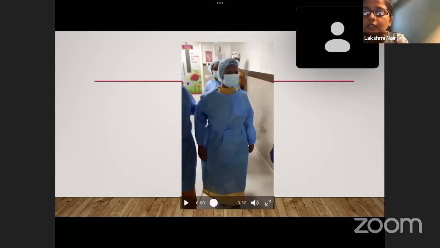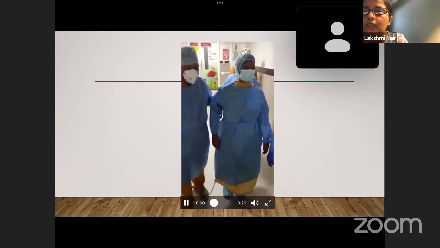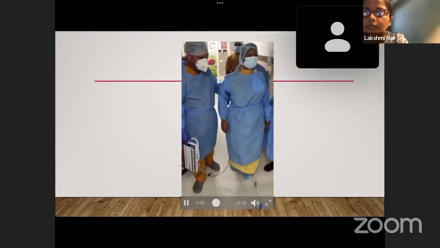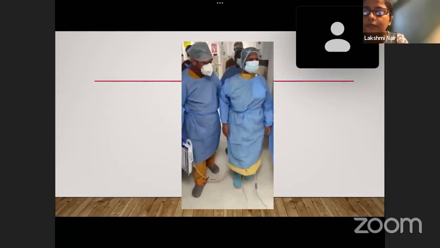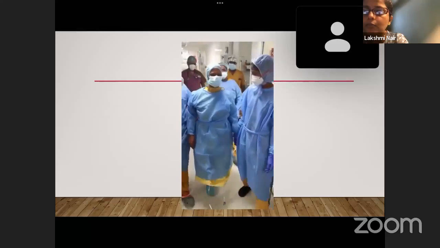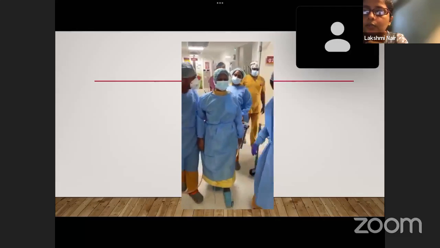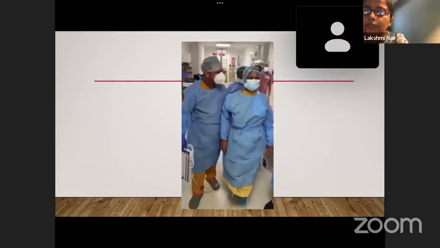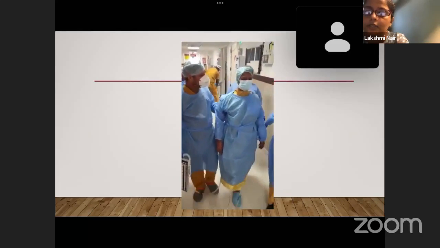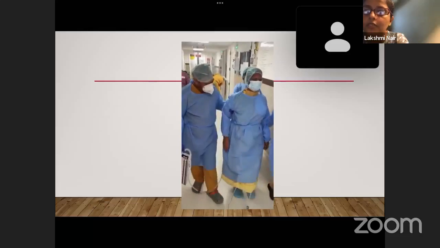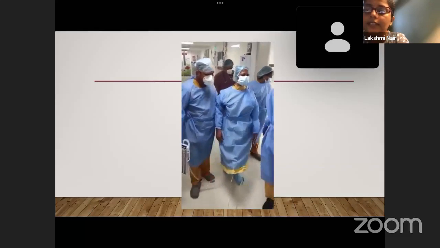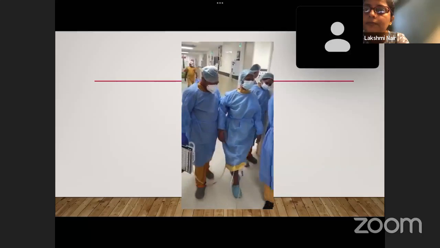So this is our post-transplant patient on day 4 post-op. She's being mobilized. She was mobilized to the chair. She's one of the patients who were mobilized to the chair early on the day 2 itself. She started walking by day 4. This is our physio instruction for walking her. You can see he's taking care of the tube well. She's still on oxygen, but only 2 liters. While sitting, she was off oxygen.